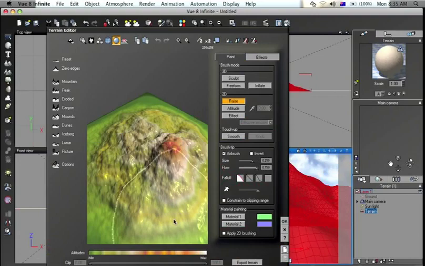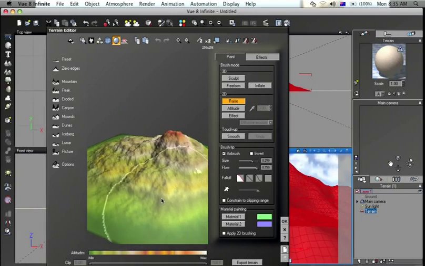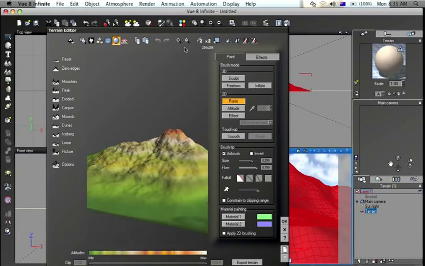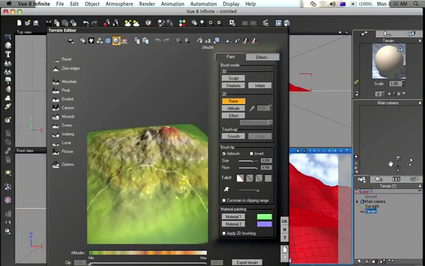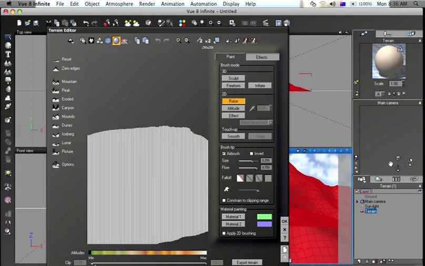Right, now I'm in the editor. What I'm going to do is just briefly show you how you can basically shape your terrain. So one of the first things I'm going to do is just clip the bottom of the terrain so we don't get this square looking